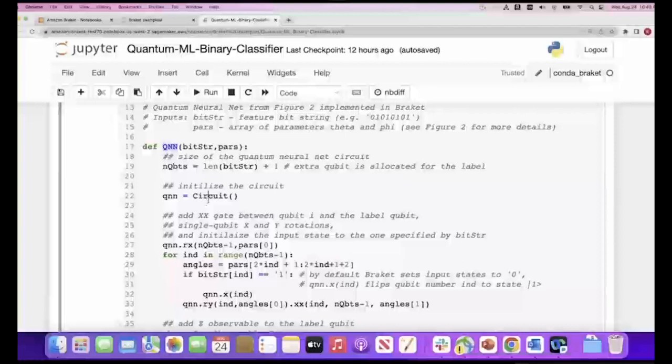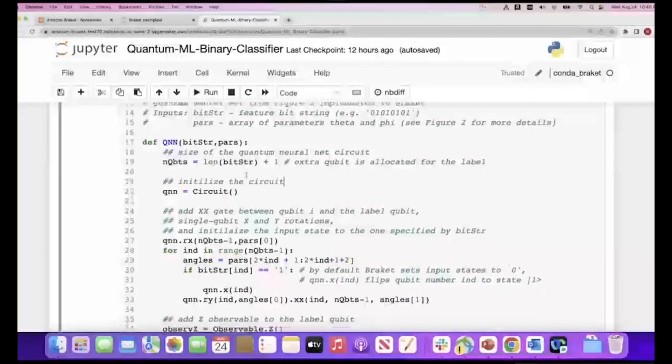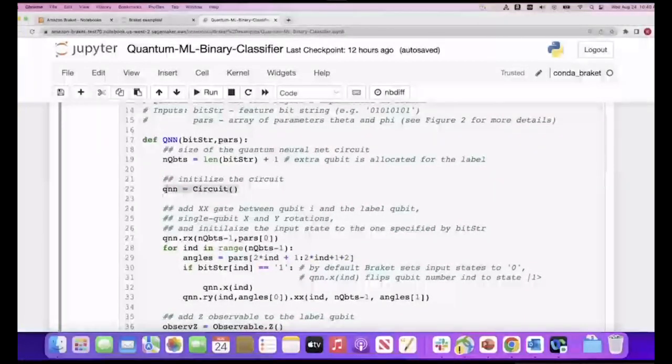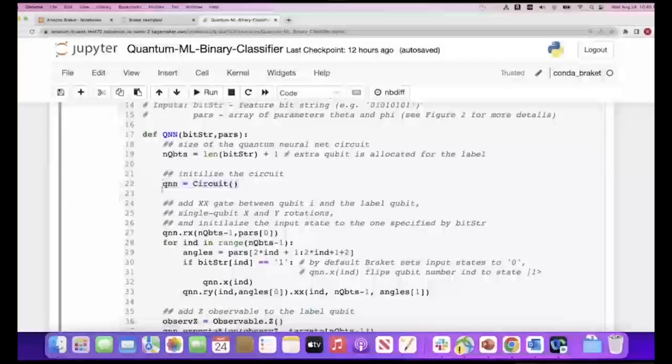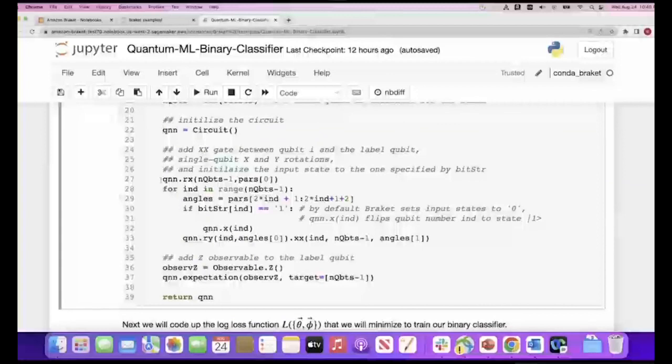Right. So first we want to collect the number of qubits by calling length plus one. We want this additional qubit allocated. Remember, we have some number of working qubits to encode the features, and then one additional qubit to encode my labels. Now let me call the constructor to initialize the quantum circuit. And then the first thing we do is call qn.rx. And so